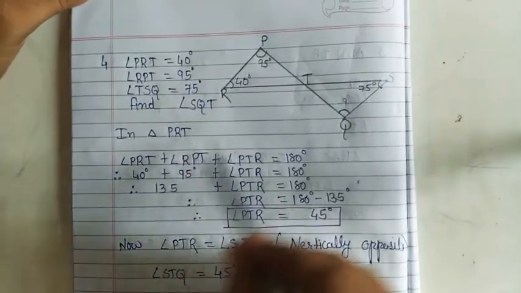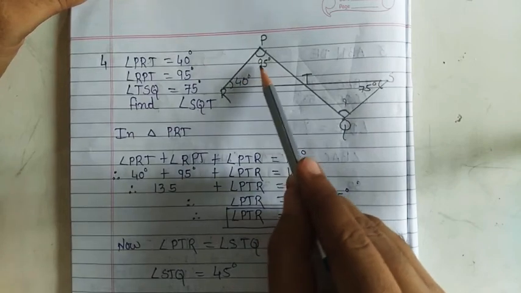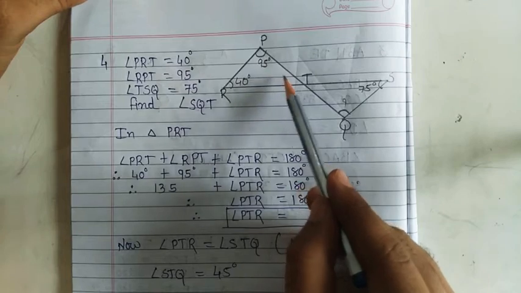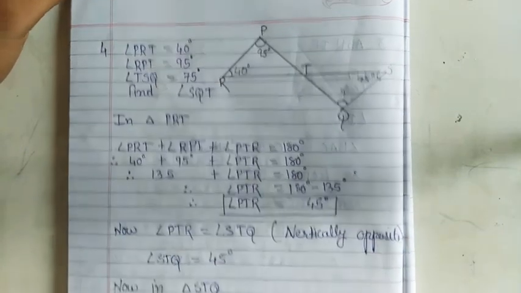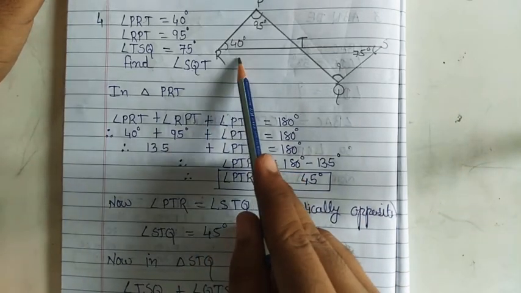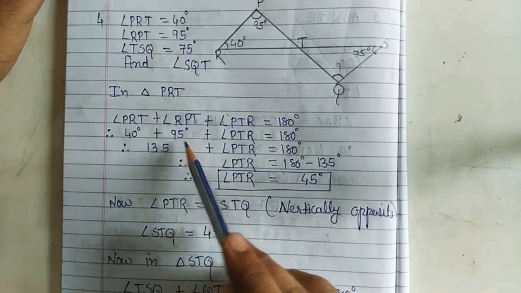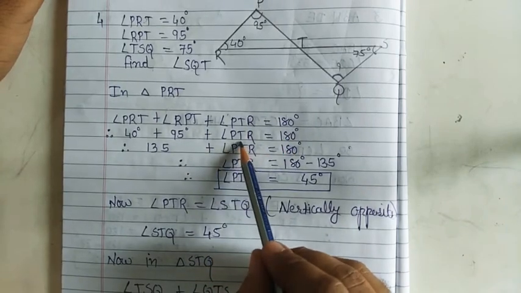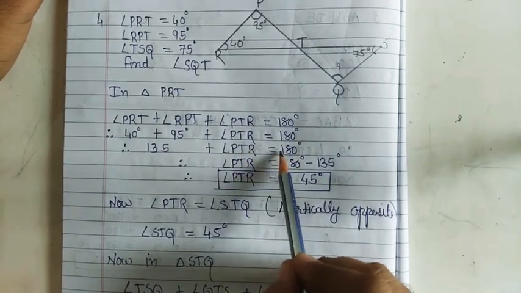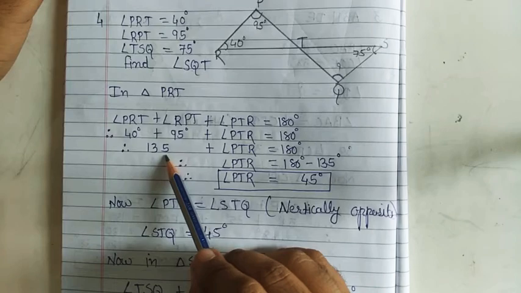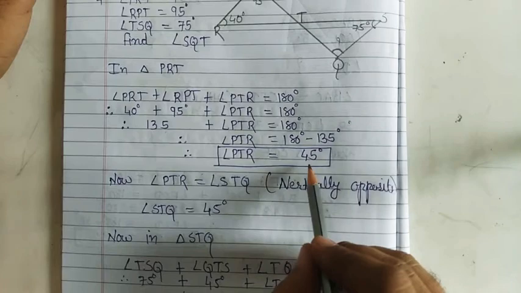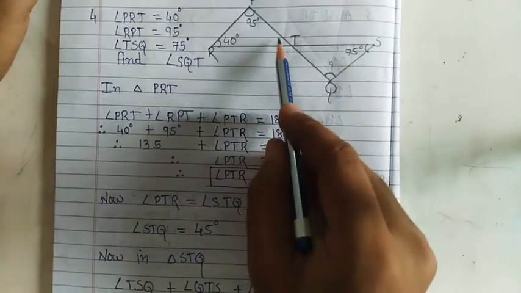So first of all friends, in this given triangle two angles are given. So we can use the angle sum property, meaning all angles' addition is equal to 180 degrees, and we can find this angle. Okay, so here I already used this property over here. Two angles are given, 40 and 95. So 40 plus 95 plus PTR, meaning this angle, is equal to 180 degrees. Now from this, PTR is equal to 180, this 135 transfers to the right-hand side, so it becomes minus 135. So 180 minus 135 is equal to 45 degrees. So here we got this angle, 45 degrees.